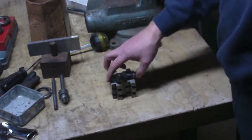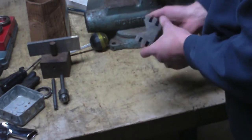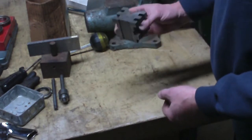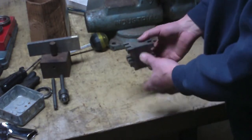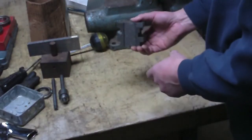Anyways, I was looking through the box and I saw this V block, no maker on it anywhere, but it seemed like a pretty nice one. Unfortunately, none of the clamps were with it. So this is something that probably at the yard sale or flea market or stuff like that, I would probably only give a couple bucks for. But because it's the tool store, he wanted $5 for that. So